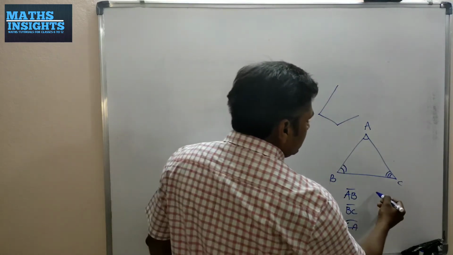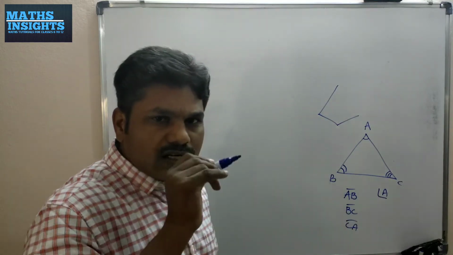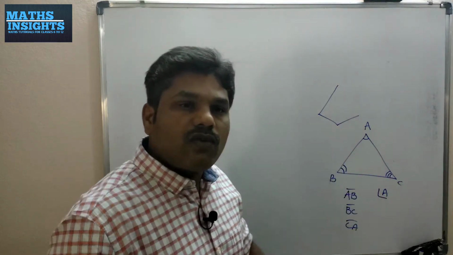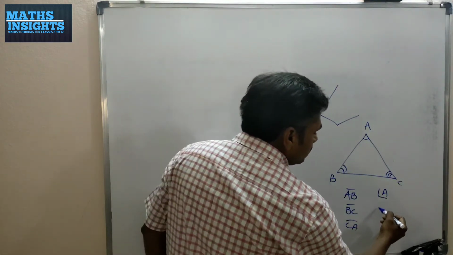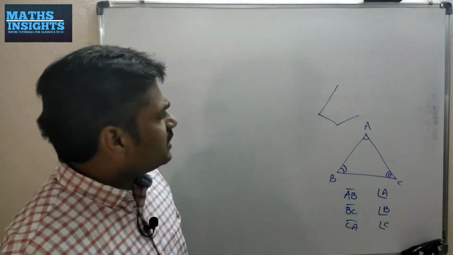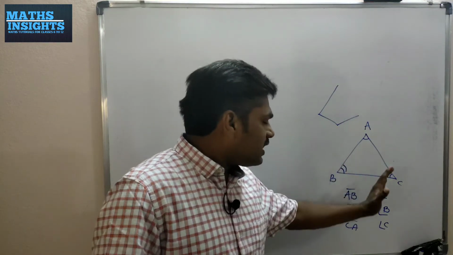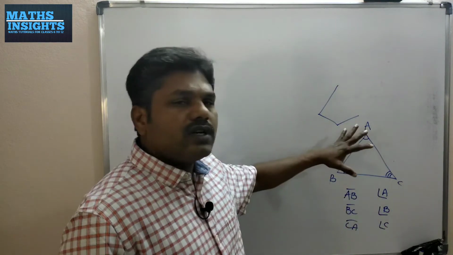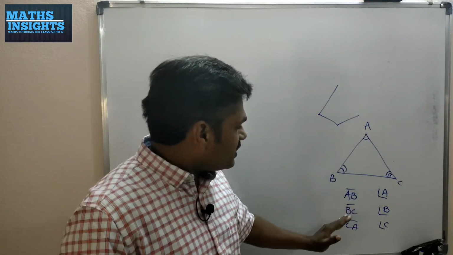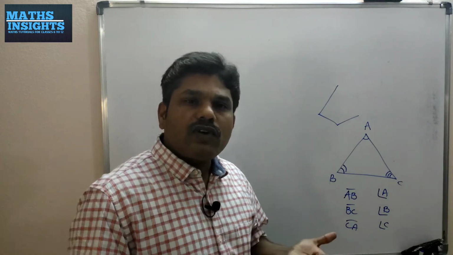And on the other side you have three angles called angle A. You have to write the angle symbol, and after it you have to write the name of the vertex. Then that will become angle A, angle B, angle C. So these are three main components, three sides and the three angles. Total 6 components, 6 parts of this triangle. Basing on these three sides and the three angles, we are going to categorize the types of triangles.